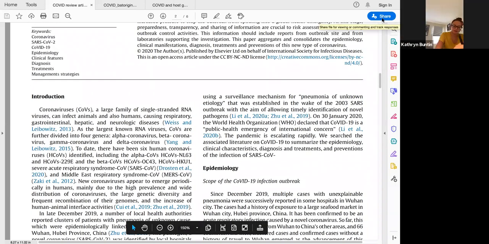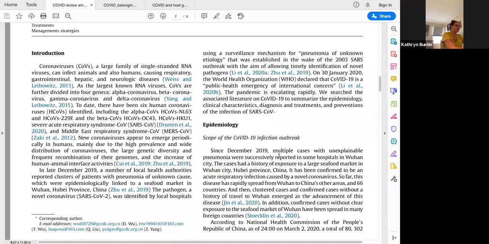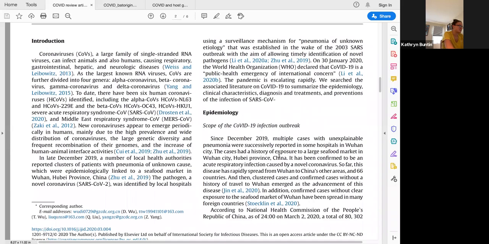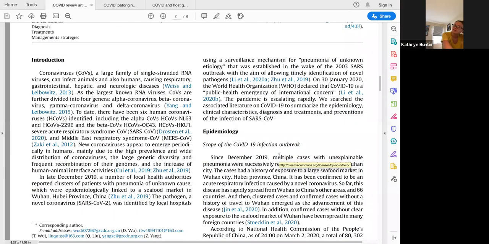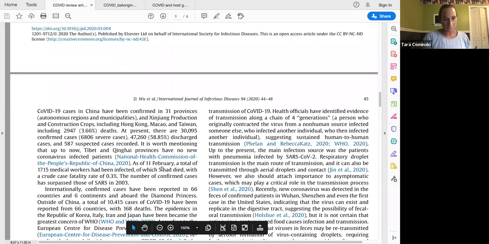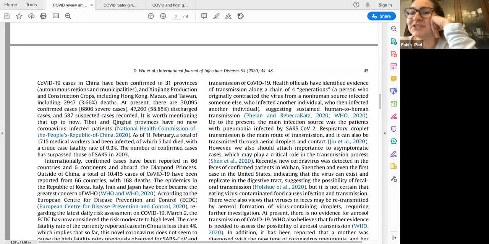It doesn't have a high fatality rate compared to other human coronaviruses. Which virus? Where did you find that? I don't have the article pulled up, I had it written down. Hold on. Meaning this strain, this SARS-CoV-2? Yeah, I think there's one point in the article where they talk about comparing it. Isn't that as of March 2nd? I think things have changed since March 2nd, so it's higher now. Yeah, perhaps.